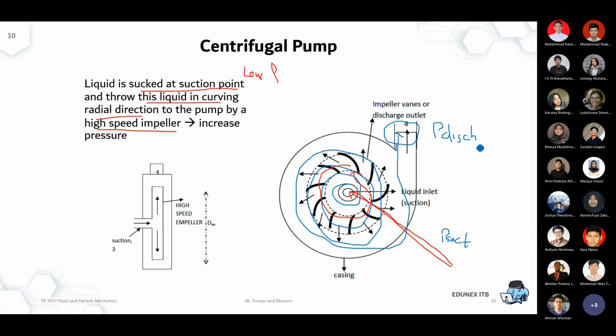Okay. So some of the main components of a centrifugal pump are, of course, the liquid nozzle itself, and then the impeller, the size of the impeller, the shape of the impeller. We just need to know about it. But again, the mechanical engineer will be the one who designs those decisions in detail. They will design it in a way that it can achieve the target given by the chemical engineer.